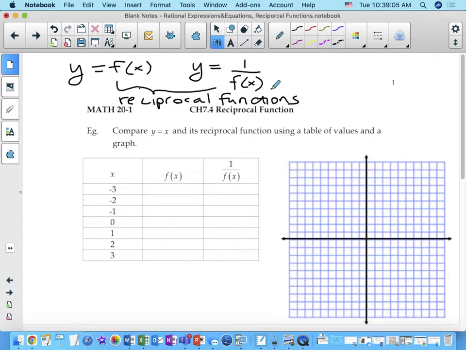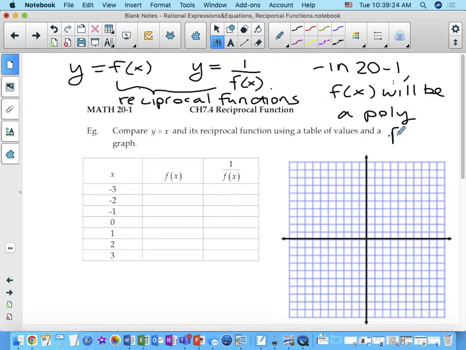In 20-1, f of x will always be a polynomial function, although it doesn't have to be, okay? All right, so to get a sense of what's going to happen with these reciprocal functions, we're